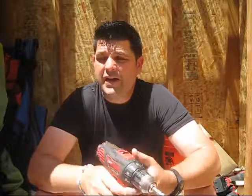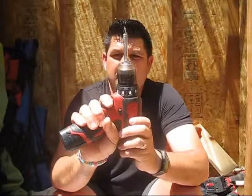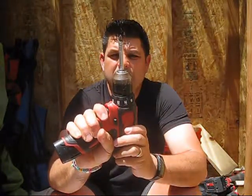So if you're doing a delicate project where you need to put a screw in or drill something very slowly just to get your pilot hole started or something like that, you want to have that control to go very slowly. If you go very fast, it might drift, or you might strip out the screw. So what this does is, when you apply a little bit of pressure to the trigger,